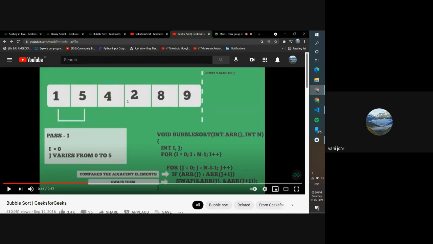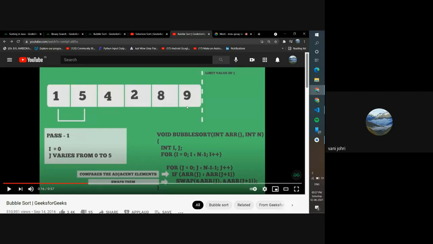Now, once we've gone through the array once, it will keep on pushing the larger number to the back, as 1 and 5, 5 was greater, so 5 stays over here, 5 and 4, 5 goes over here, 4 comes over here, right? It keeps on pushing the larger number to the end. So by the end, it has gone through the whole array. This is going to be the largest number. You do not need to change it now, right?